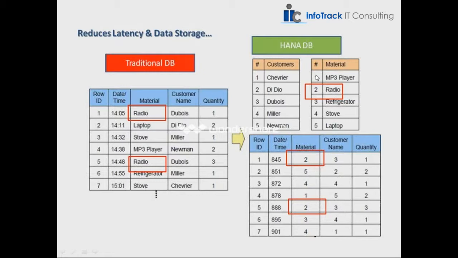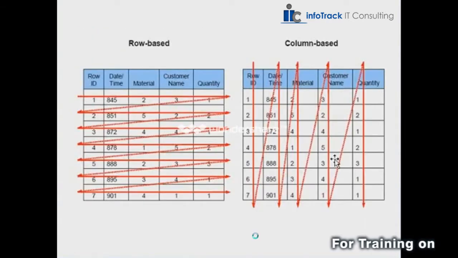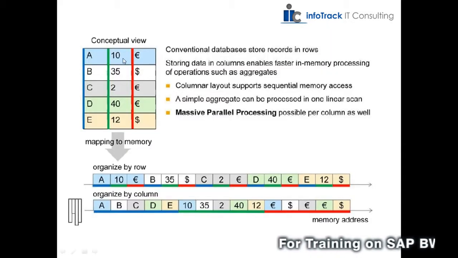This is columnar and this is row based. When we define any table in the HANA database as a row, this is the example of how a query reads the data from the table. While reading, if it's a row type, it will read the data like this. First it will read the first row, then again it will read the second row, and then again the third row. This is how it reads.